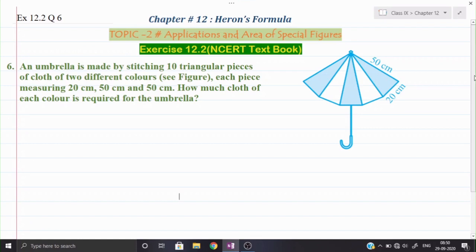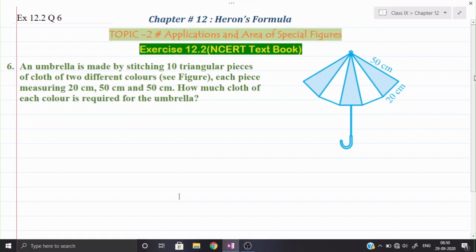See, you are looking at the pieces over there. We are looking at the 2, 2, 3, 3 pieces of each and every color. But if you see the whole umbrella, there will be a total of 10 pieces. So 5 pieces of one color and 5 pieces will be of another color. So as we compare, the total number of pieces will be 10.